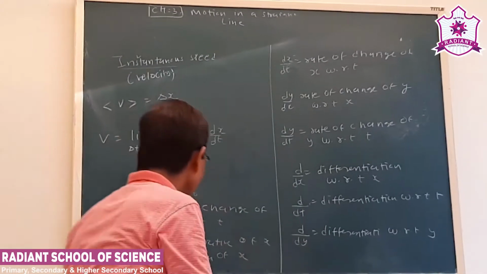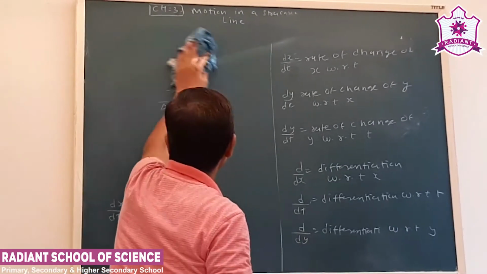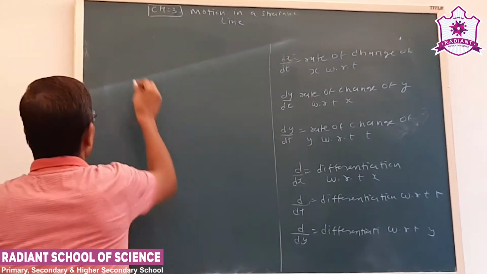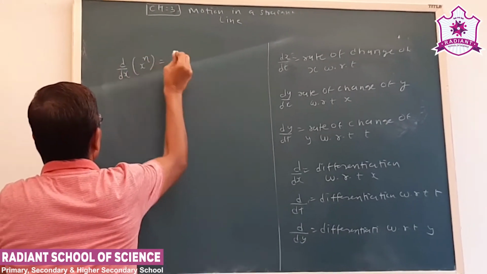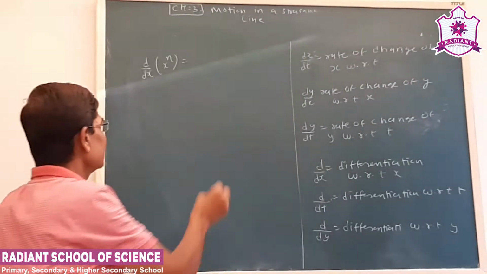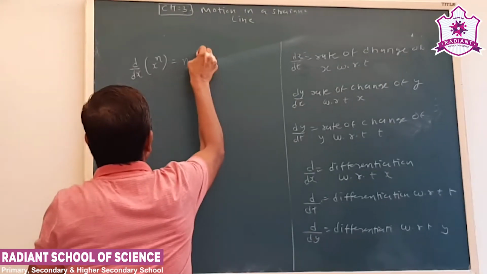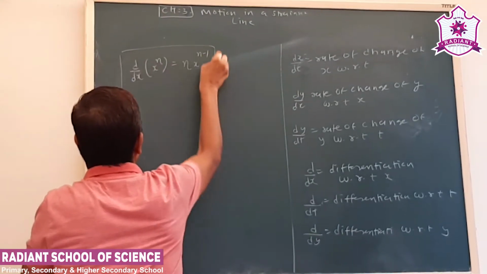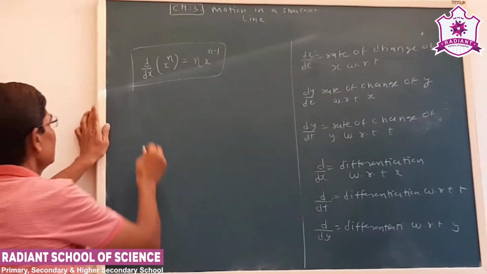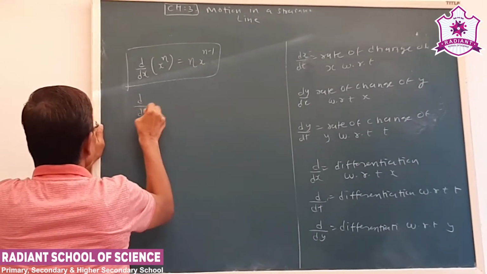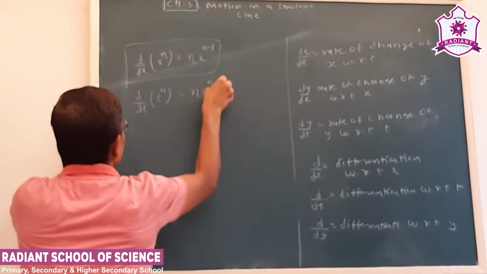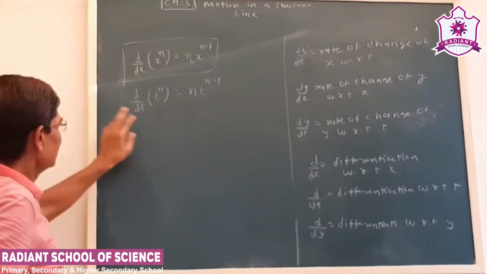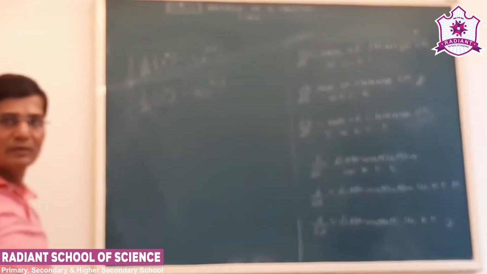Now we take a very simple formula for differentiation. That is the most basic. Suppose it is d by dx of x raised to the power n. The rule is n x raised to n minus 1. Okay, that is a basic formula. Instead it is like this, t raised to the power n, n t raised to n minus 1. See, the n will become a multiplier and the power will be decreased by 1.